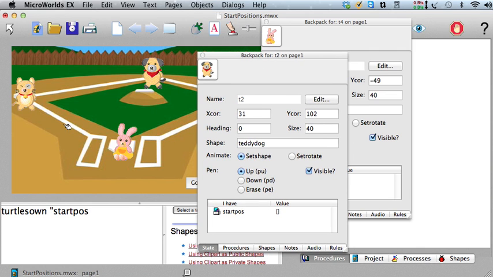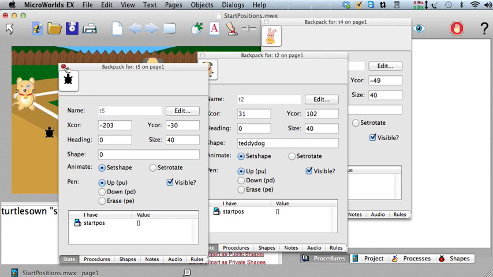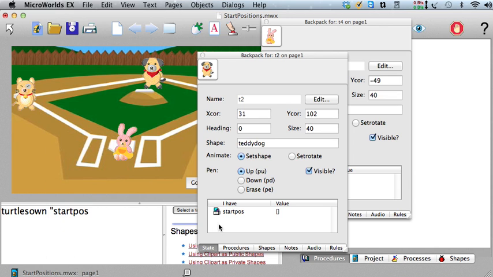In fact, I think if you add a new turtle, yeah, even the new turtles get a start-pause. Okay, so all the turtles on this page are going to have a start-pause thing. So what, right? Well, you see it says I have start-pause, and it also has a value section in here. So just like you can,